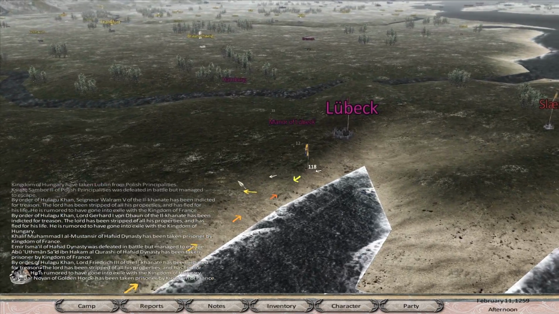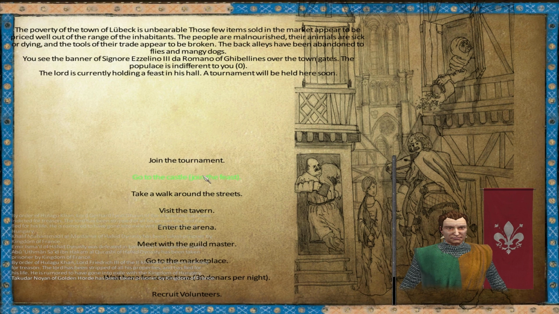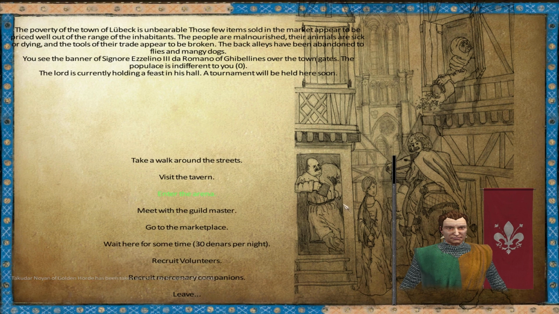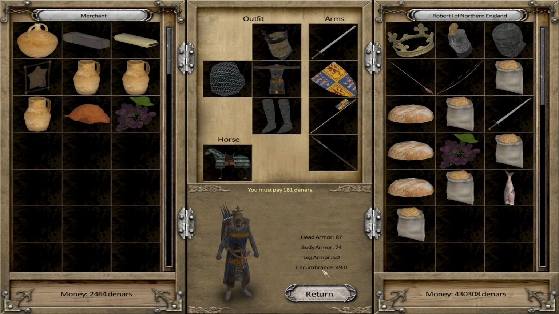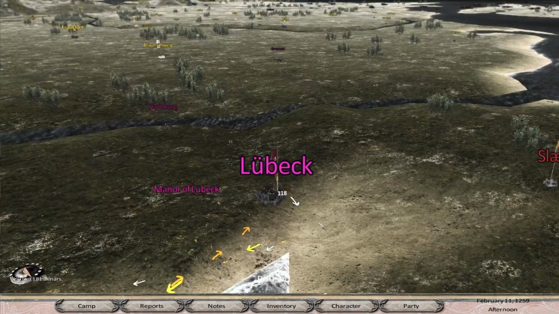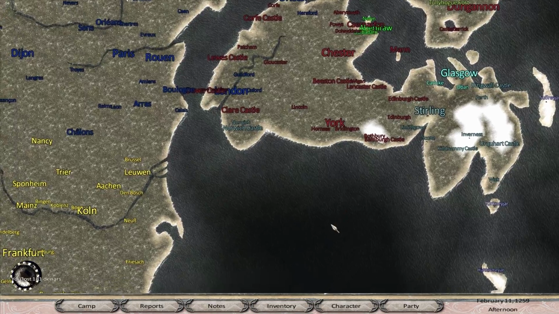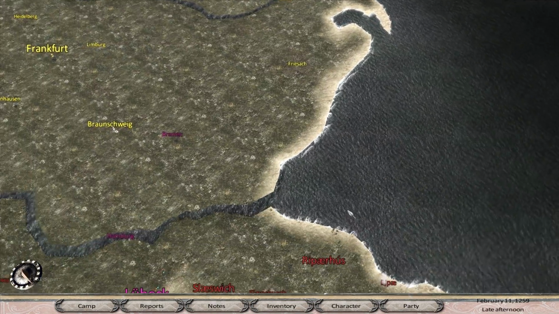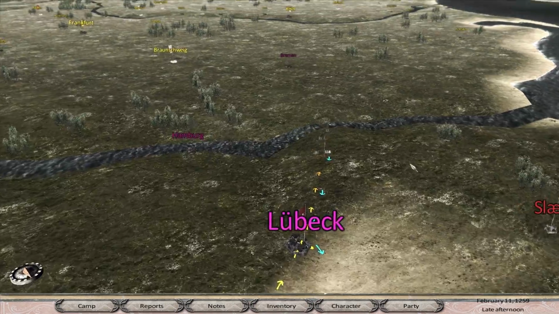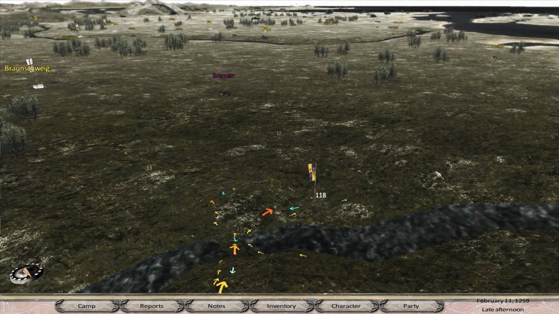Who are you? Ooh, there's a feast. I wonder if they'd let me in. Let's, we need to get some more goods. There we go. Now I feel really good. Okay, so let's make our way back all the way to Kildrummy. And you know, while we do that, we can